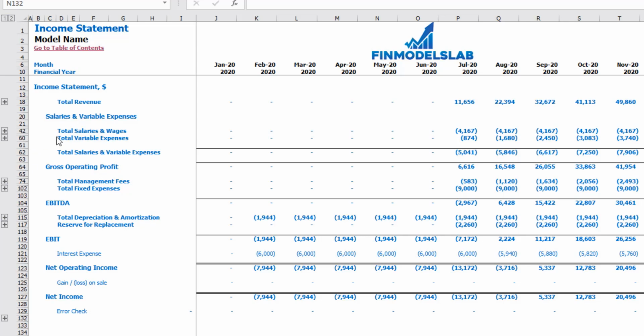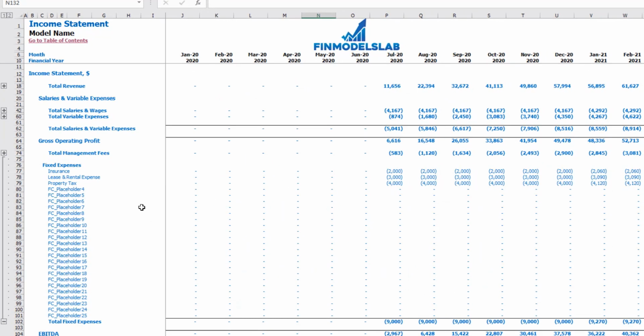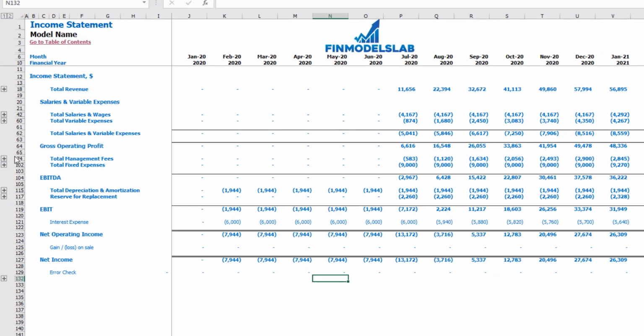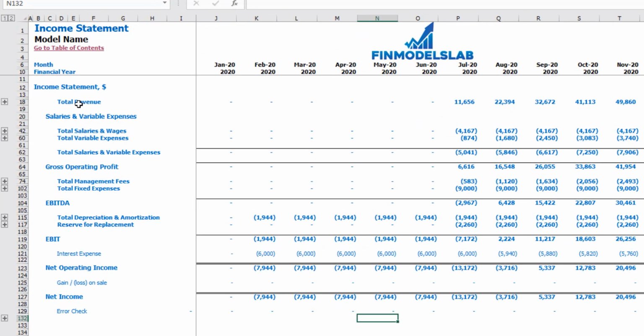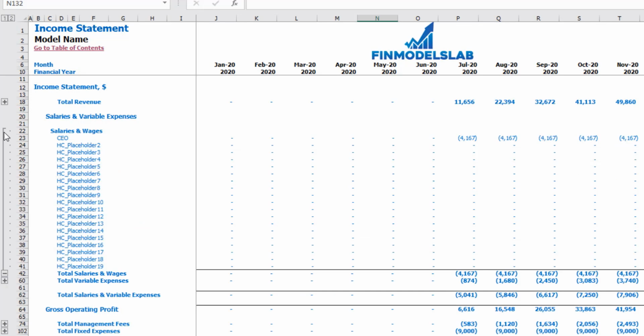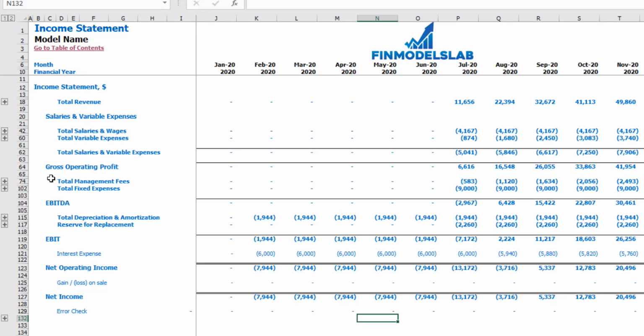Each category has its own subcategories, so for example, if you would like to see the subcomponents of fixed expenses, you can click on this plus button and you will see the detailization of fixed expenses. The same works for revenue, for salaries and wages, like this, and for variable expenses, for management fees, depreciation, amortization